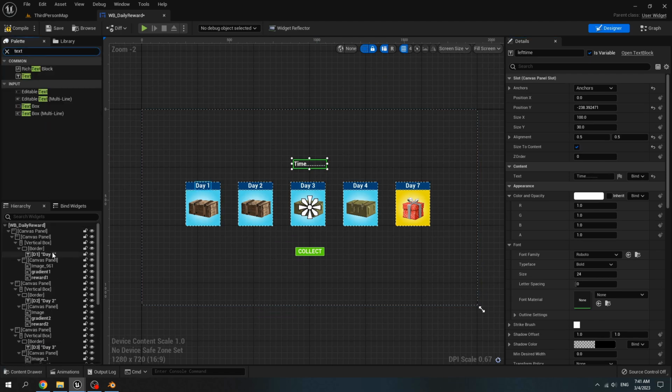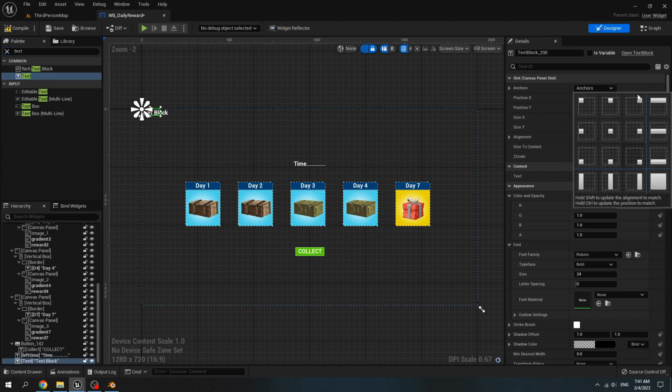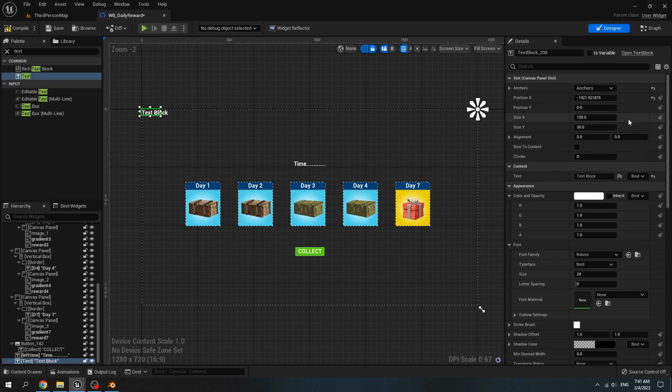Add a new text to the canvas. Then choose this right anchor point. Set the position x to 0 and move it left a little bit and down. Rename it to point view.